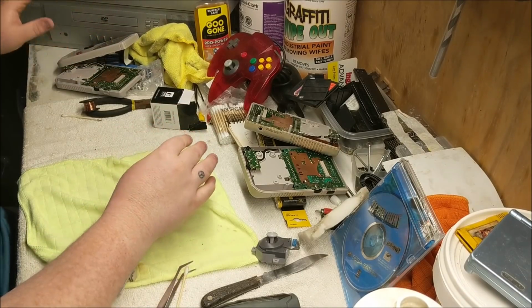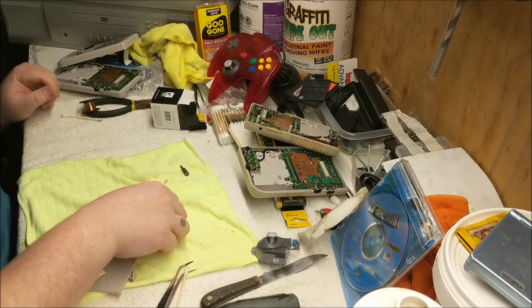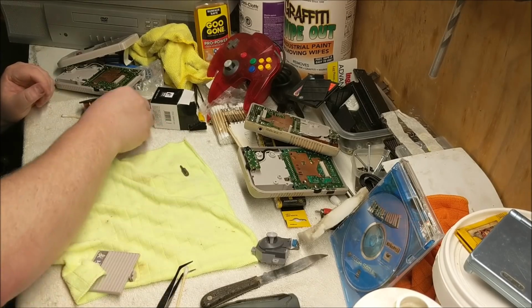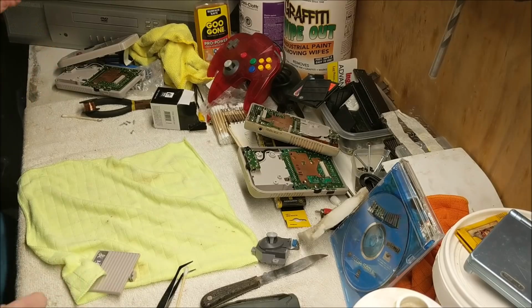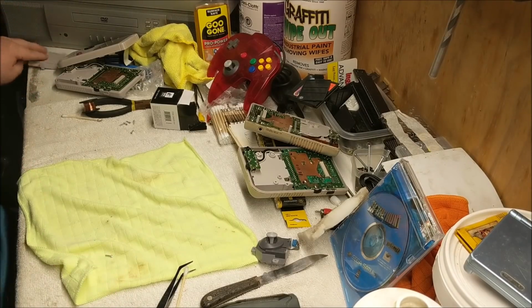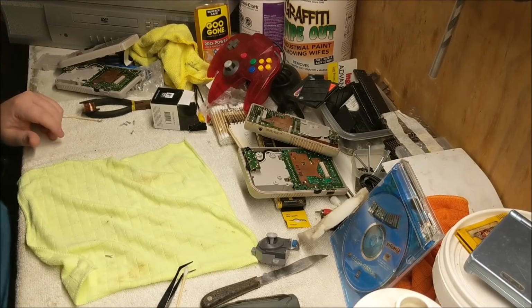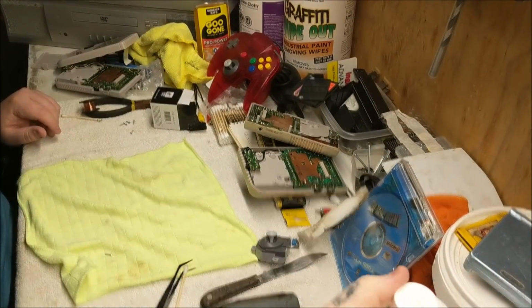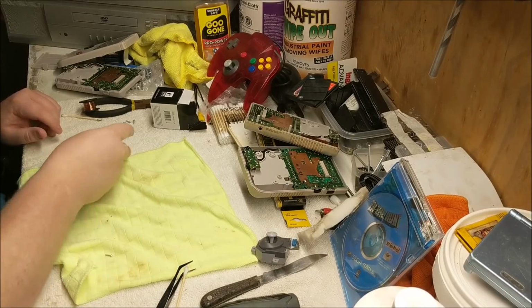But until then, that one's going to stay here. I ain't going to be able to get it back to him as quickly. But I need to talk to him and figure out what actually he did, because I remember he said he tried something, and then it wouldn't cut on after that. I just can't remember. Alright, so next, the last thing we gotta do, we gotta resurface these games, and they